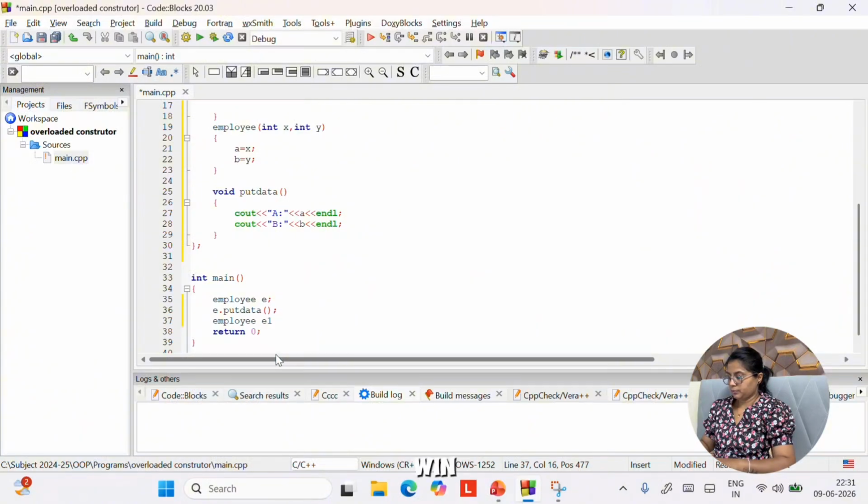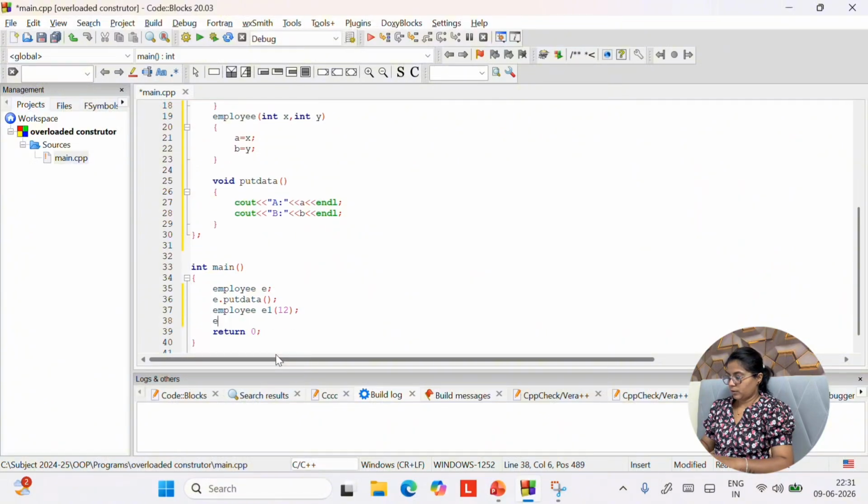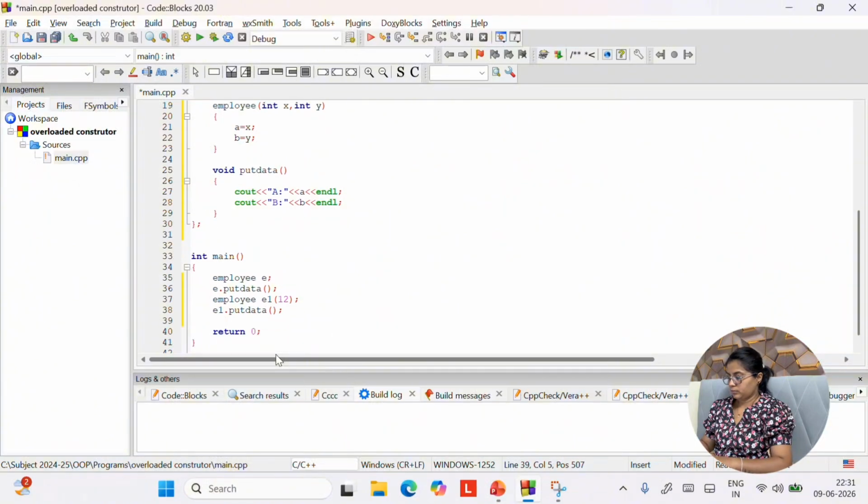Employee E1. Pass only one parameter. E1 dot put data. Employee E2. Pass both the parameters.